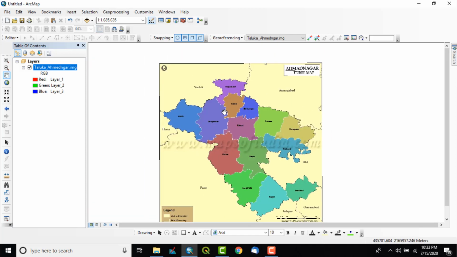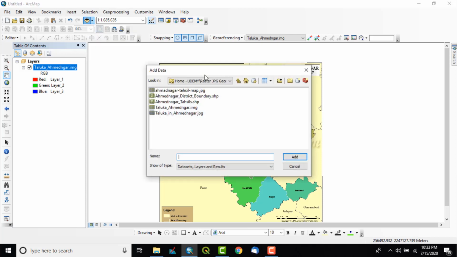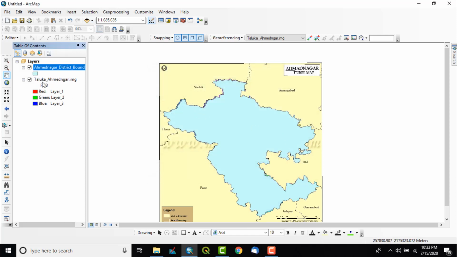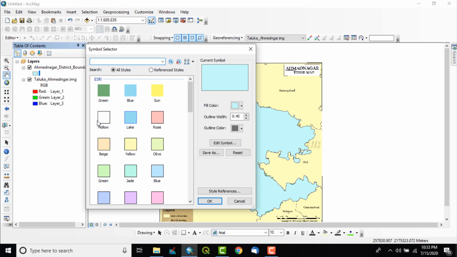So what next? One can ask, what is the use of this particular task? So let us see. Now I will again go to add data, and I will add that district boundary file to this view.